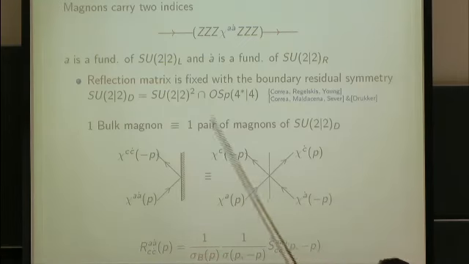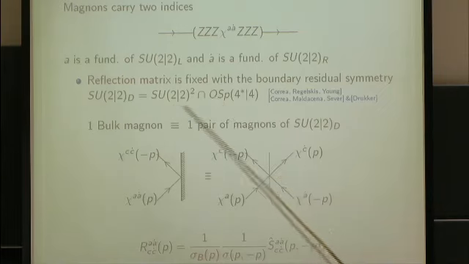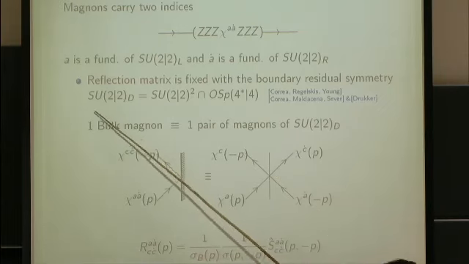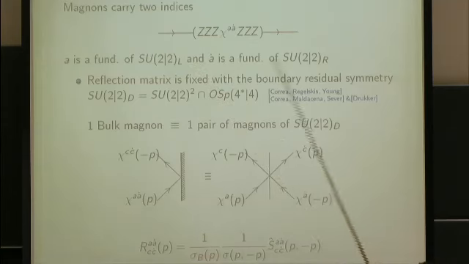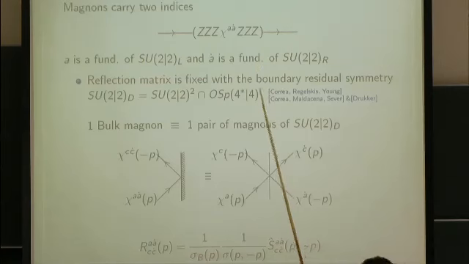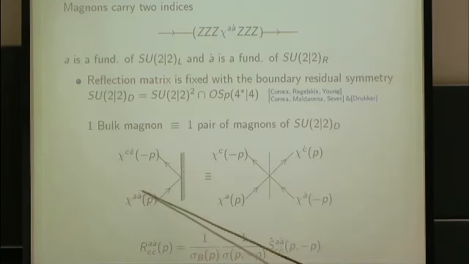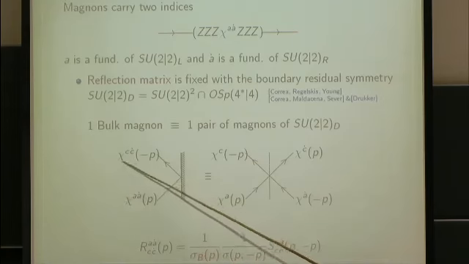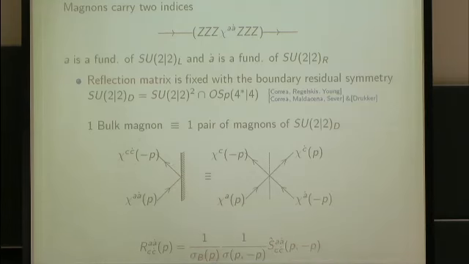So the only symmetry you want to be preserved is the common symmetry between these two groups, and this is just a diagonal copy, a diagonal combination of the generators of these two copies. So typically these left and right indices don't talk to each other in bulk scattering matrices, but they are going to start to mix with these reflections. So you have a magnon that has these two indices, A and A dot, and after reflection the momentum has been reversed and you have some other indices.